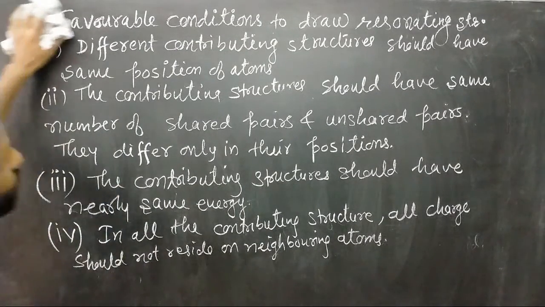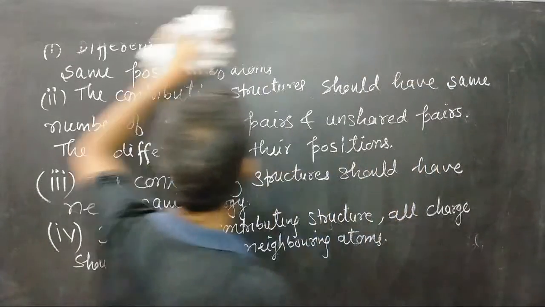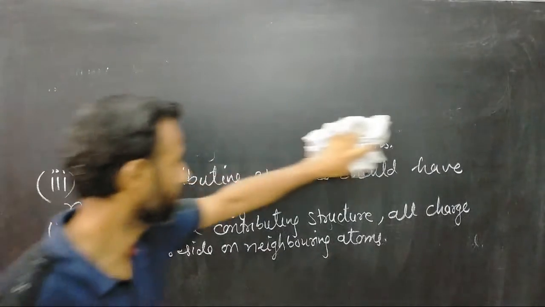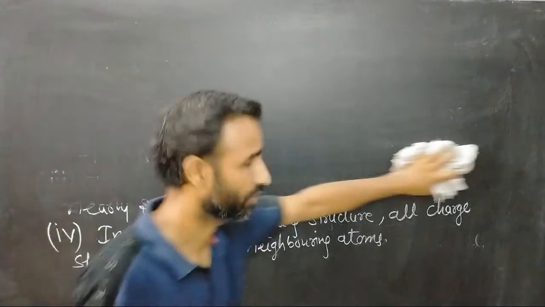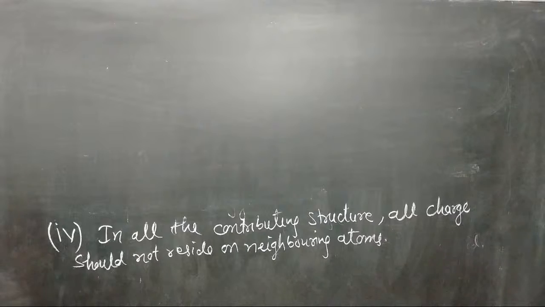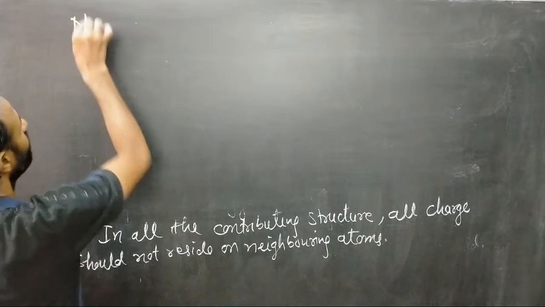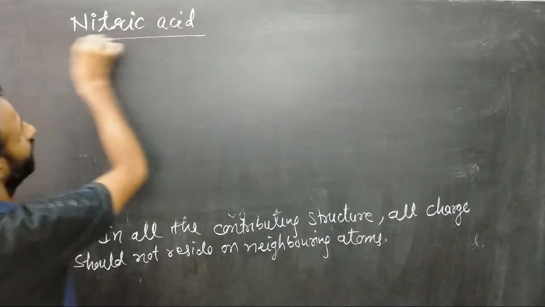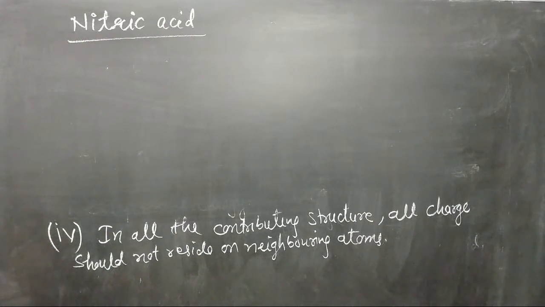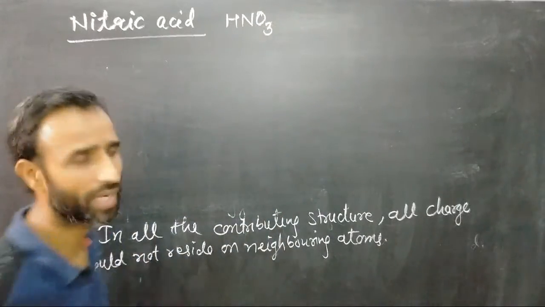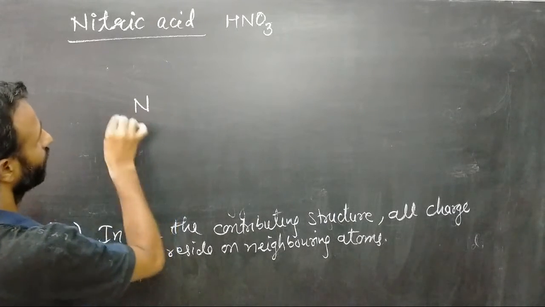So first we have drawn the structure of carbonate, benzene, ozone. Carbonate is very important. The structure of carbonate is very important. Let us draw the structure for nitric acid, or nitrate ion. Okay, nitric acid, HNO3. So keep in mind, in HNO3, nitrogen